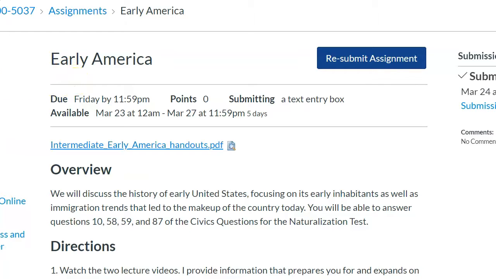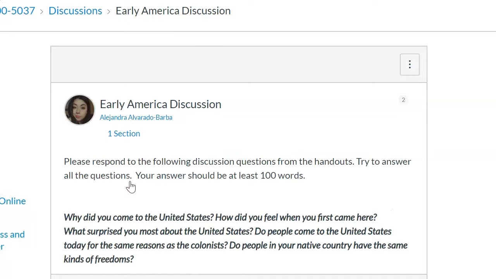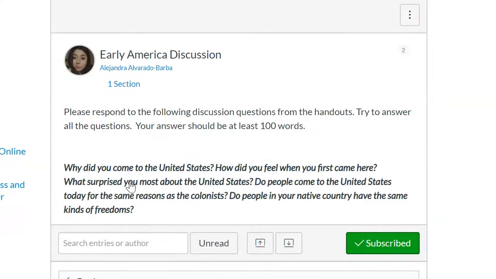So remember, modules is where you're going to get to all of your assignments. So we're going to click on that. Okay. Every discussion is going to have the same name as the lesson, so you know which one you need to click on. So we worked on Early America. So when you do Early America, you're going to do the Early America discussion. So let's click on that. Okay, once you open this,